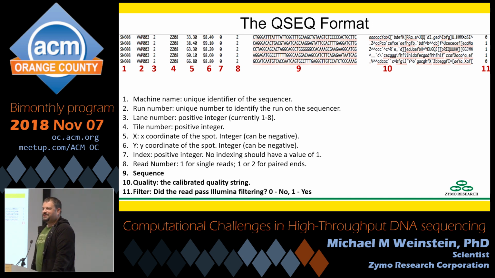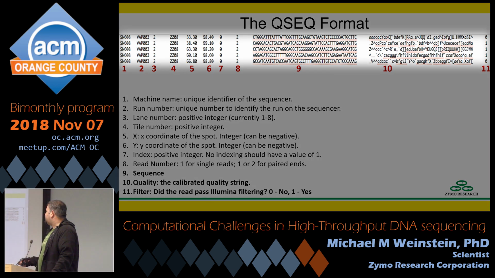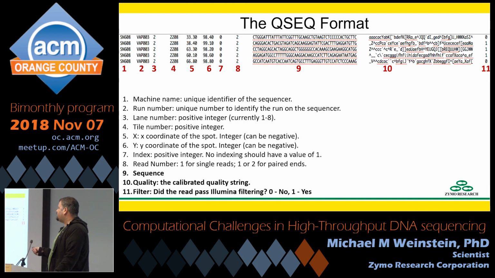All right, so 2 formats for storing DNA sequence data, kind of raw DNA sequence data. There's the QSEQ format. And this is going to store a fair amount of data. So you see here, each line is 1 line of QSEQ format. Starts off with a unique identifier for the machine that did the run, a unique identifier for the run itself, the lane in the flow cell. So flow cells typically have 8 lanes in them. The tile number, so information on the position within the flow cell, and the X and Y coordinate in the